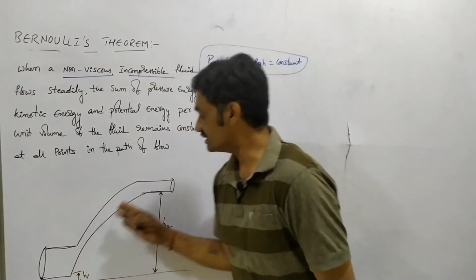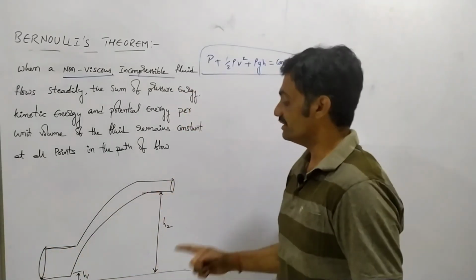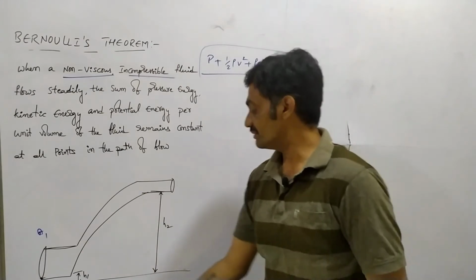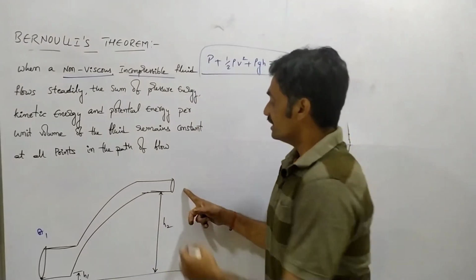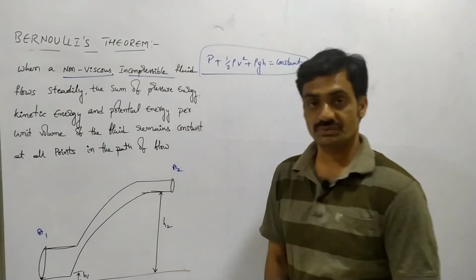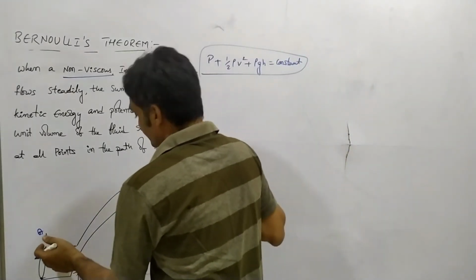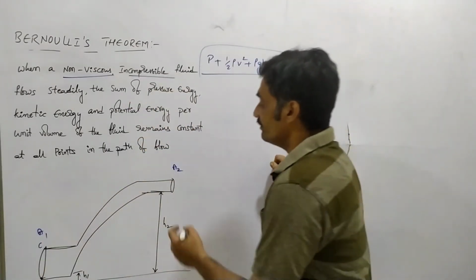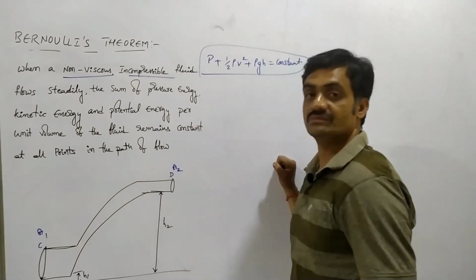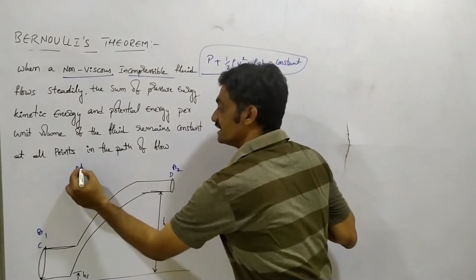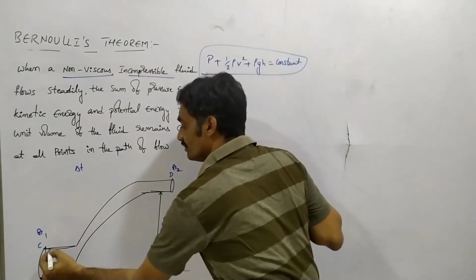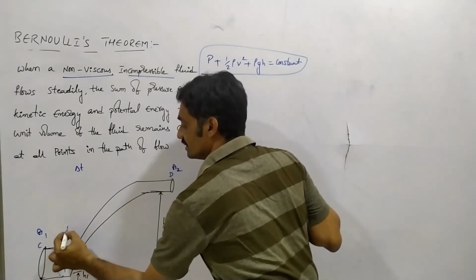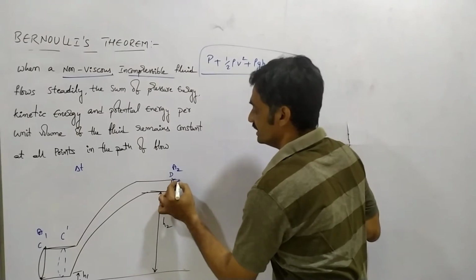For this, we consider a pipe with different cross sections at different heights. Observe that this cross section A1 is at a height of h1 from the horizontal surface, and cross section A2 is at a height of h2. Now we are going to consider 2 points. The initial point is represented as C and the final point is represented as D. In a time of delta t, the fluid flows from C to C dash and D to D dash.